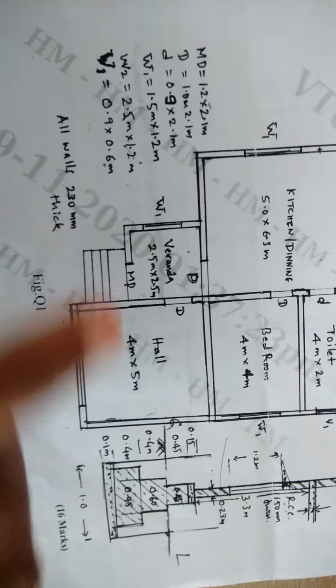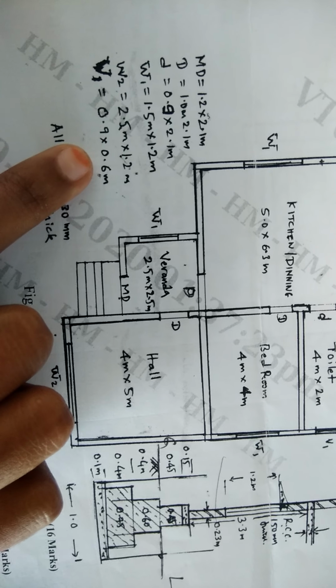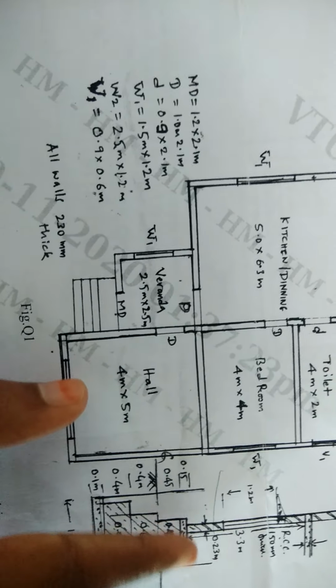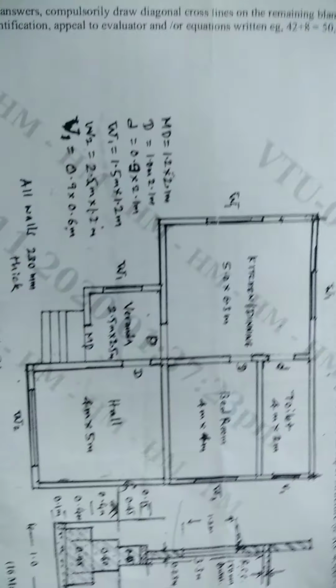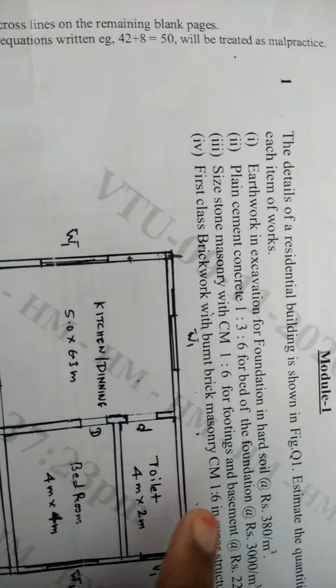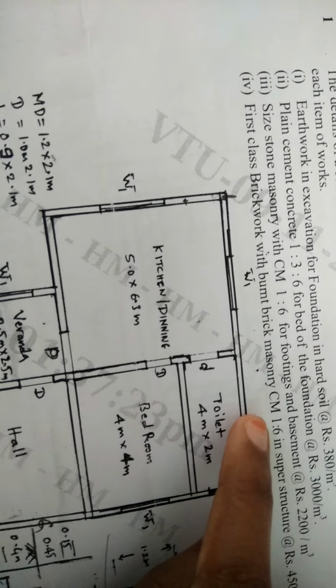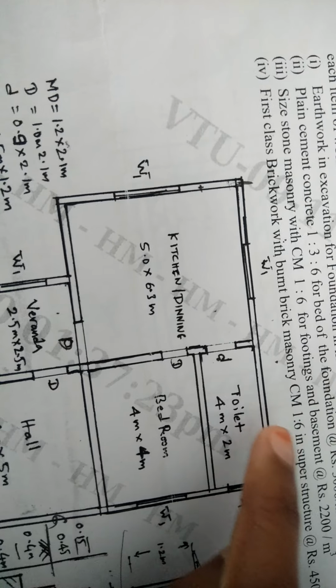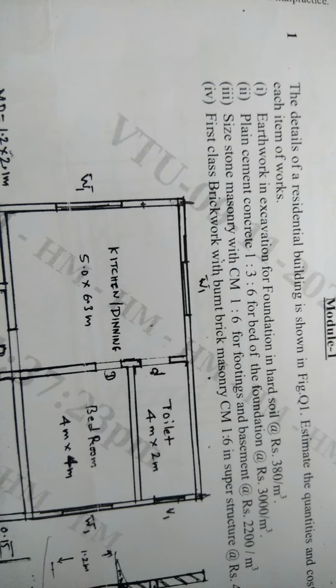The plan as well as the cross section of the building as well as the schedule of openings will be given in the question itself. From these three data, we have to estimate the quantity of the following item of works. The following 4 item of the works you have to find. The quantities of this item of work will be found out first, and later we will be finding the abstract of this. So now, let us try this problem with the center line method.